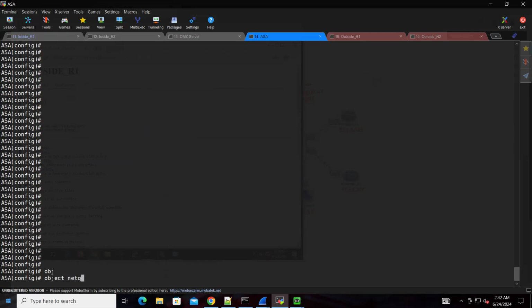Object network. Similar way we'll be using. One is your public IP and one is your private IP. Now public IP will have a range of IPs, let's say 150.1.1.1 to your, so you have to use first range here. So public, you'll be going with range